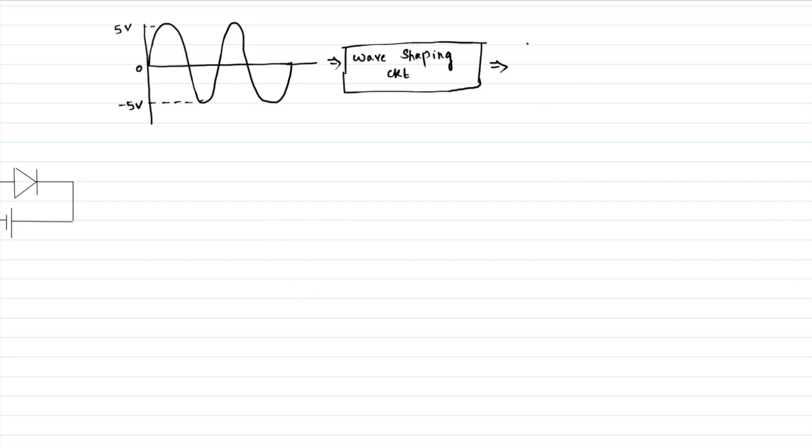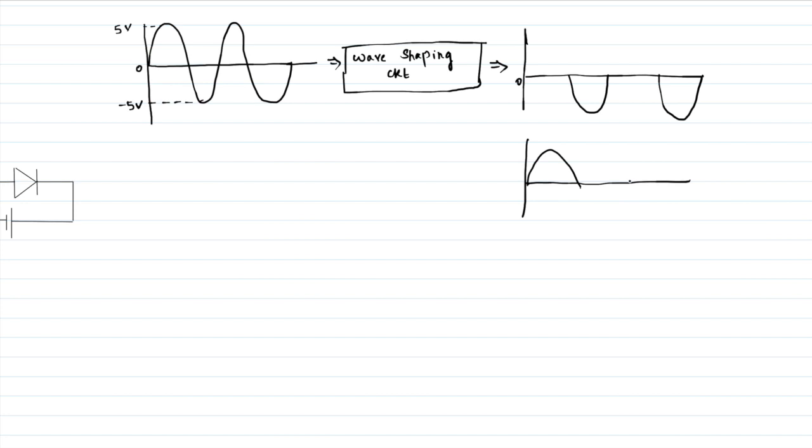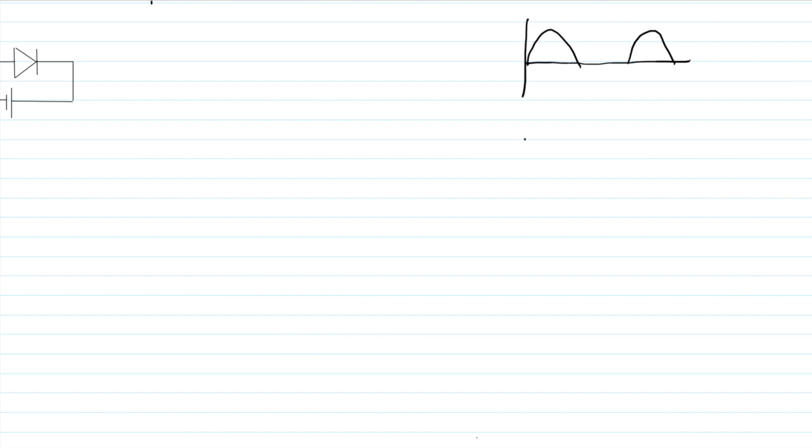Say if you want to remove the positive half cycle, then the positive half cycle will be removed and you will get just the negative cycle alone. Say if you want to remove the negative half cycle and get only the positive half cycle, then the negative cycle is removed and you will get just the positive half cycle. Or if you want to remove a little portion of the positive waveform and get the complete negative waveform, then that is also possible.